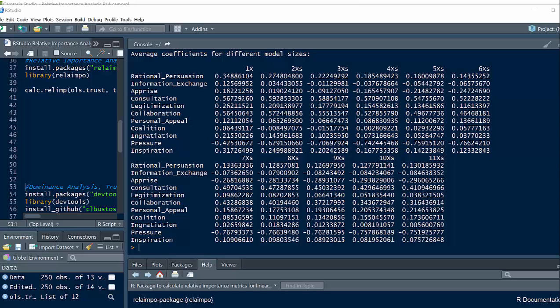Also notice how the coefficient for appraisal goes from 0.18 in the model where it would be included by itself to 0.02 in the model with 2 predictors in it, to become negative when there's 3 predictors in it. And that's become more negative as we have models that have more and more variables within them. But as I'm looking at this, it does seem like there's a clear pattern, and that pressure is the strongest predictor, and then consultation, and then collaboration. So this once again gives me a little bit more confidence